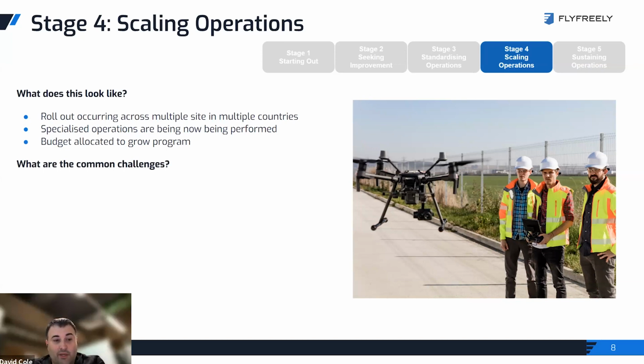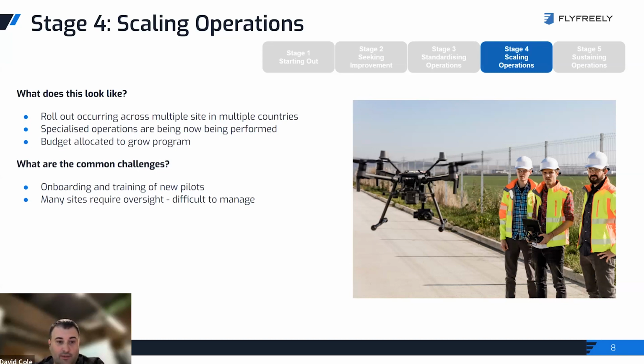And then what comes with the challenges here? Onboarding and training new pilots. Again, you're rapidly scaling up numbers, so getting people onboarded and trained efficiently will become one of those challenges. And just the geographic dispersion of people now. Whoever's in that role of overseeing everything can't physically go and see them easily.